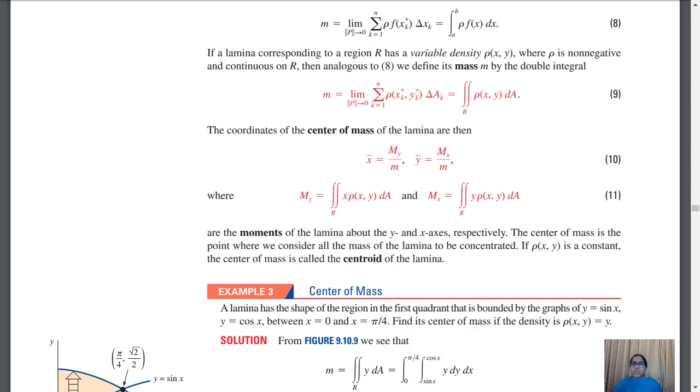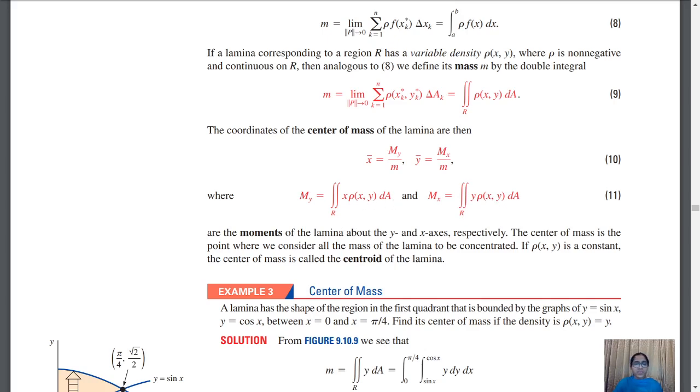Okay, so these are the three things that we have to remember. One is the mass of the lamina, then how we can find the center of mass. The center of mass is given by the coordinates x bar and y bar, that is x bar is My by small m and y bar is Mx by small m, and Mx can be calculated by double integral over R of y into the density function dA, and My is double integral over R of x into